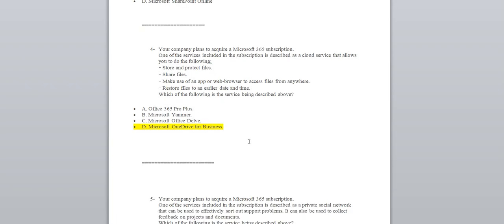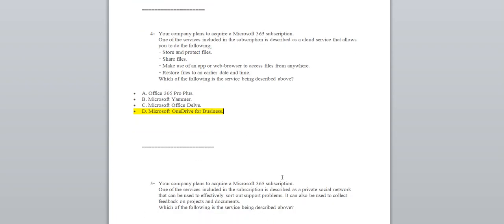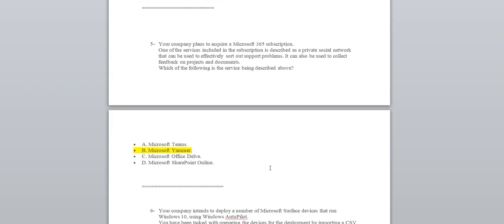D. Next question is number five. Your company plans to acquire Microsoft 365 subscriptions. One of the services included in the subscription is described as a private social network that can be used to effectively sort out support problems. It can also be used to collect feedback on projects and documents. Which of the following is the service being described above? So here, I would go with Microsoft Yammer. Basically, that's my B, Microsoft